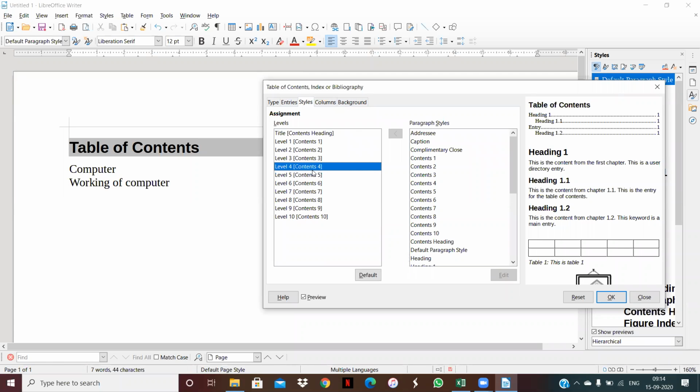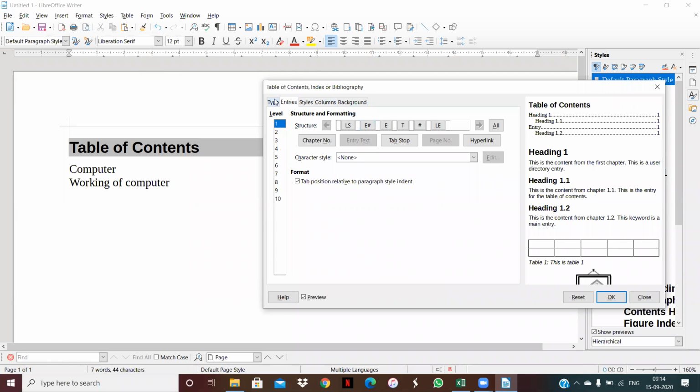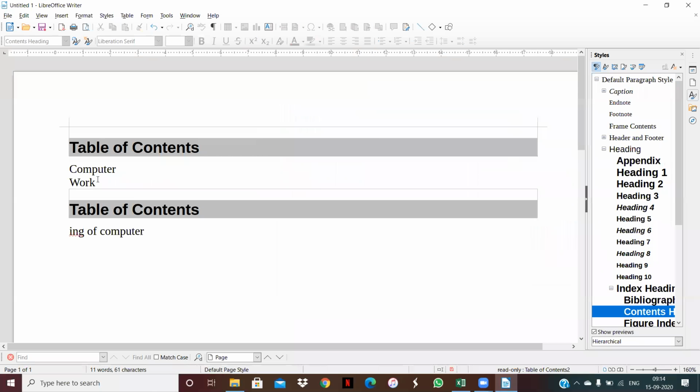If you want to select the styles level wise in your syllabus, only Type and Entries are there. Clear? Now you can see this kind of thing will appear. This again adds one more table of contents, because we also clicked on the table of contents. If we just set the character styles, then those styles will apply only on the characters. And you can also edit. And one more topic is here, choosing paragraph style for heading level.